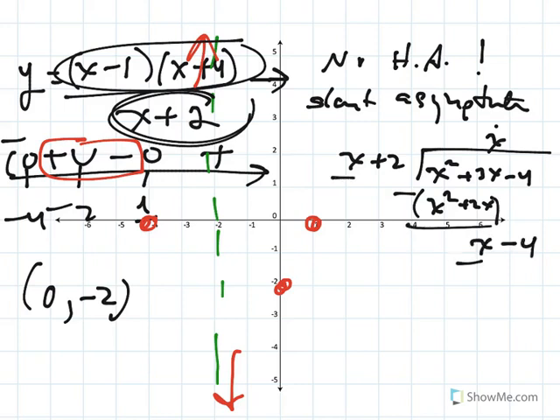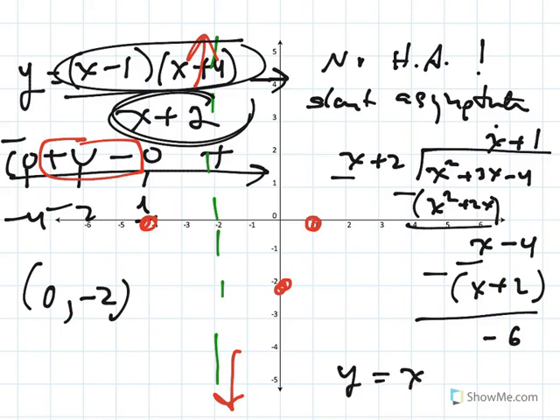X times 1, so plus 1 is x plus 2. And we end up with our answer, we get remainder negative 6. So the original question could be written as x plus 1 minus 6 over x plus 2. Now for our purposes, that x plus 1 is the slant asymptote,